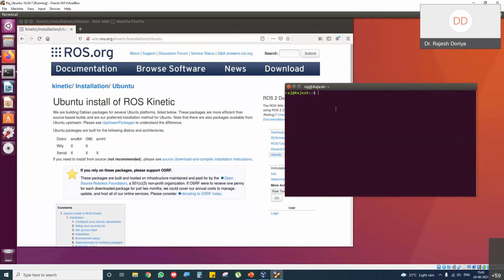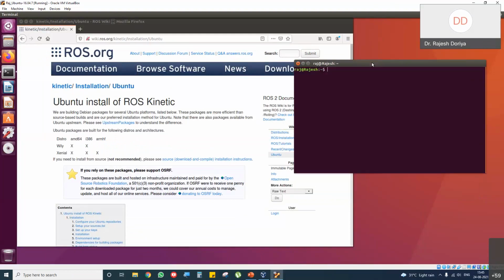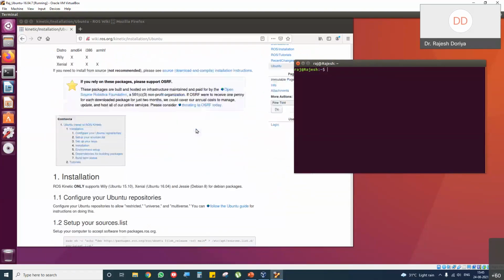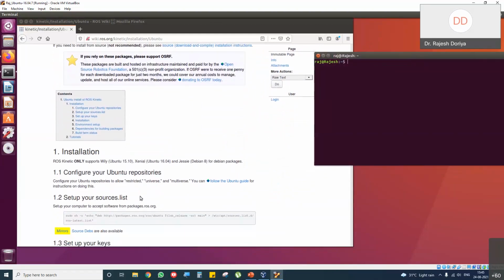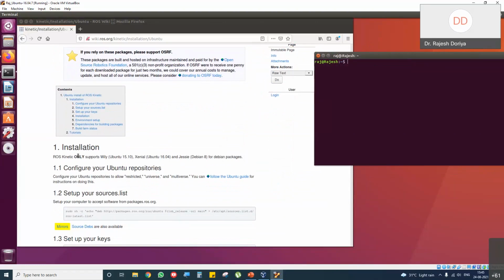Okay, thank you. So what I have done, I have just opened a ROS page for kinetic installation, because I believe that the starting is very difficult. If you can learn how to install it, and if you can learn how to initially work with ROS, then it is going to be very easy for you guys. I have just opened this page, and I have also provided the same PDF. What we are going to do is install this kinetic version,